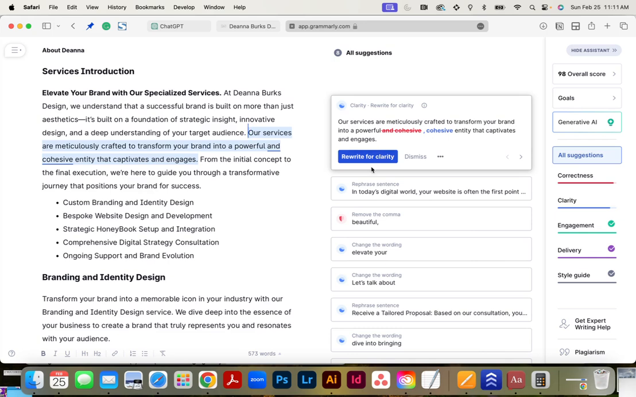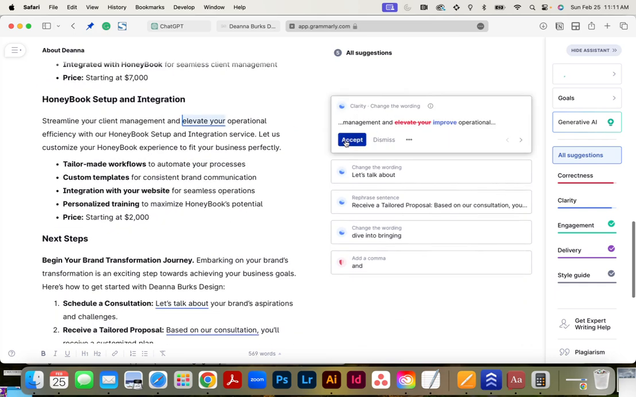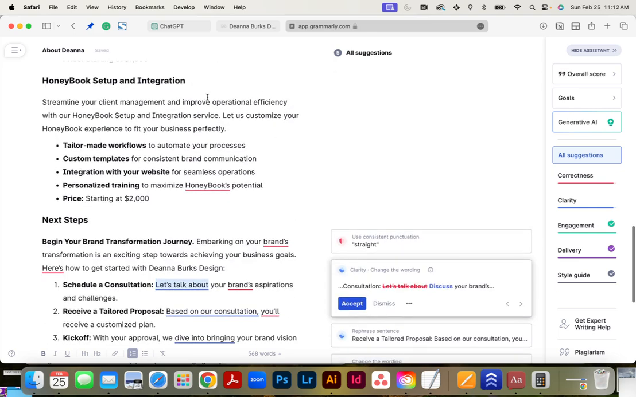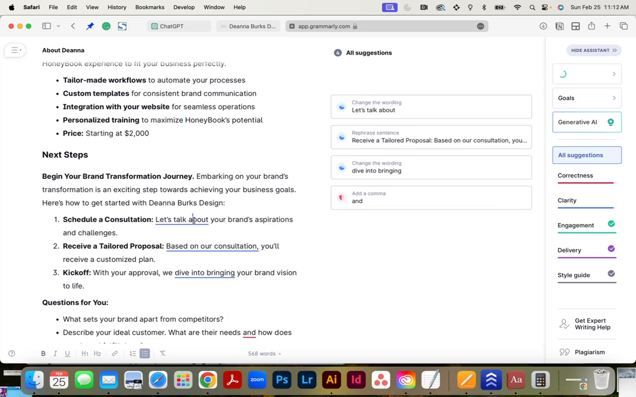Rewrite for clarity. Our services are meticulously crafted to transform your brand into a powerful and cohesive entity that captivates and engages. So it's just saying, change this up a little bit, and it'll often say, streamline your client management and elevate. Okay. That sounded maybe a little pretentious, so maybe improve is a better word right there. HoneyBook, so we want to make sure these are all curly. And then right here,